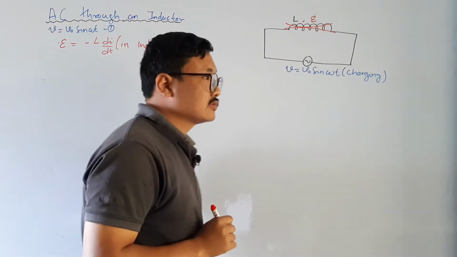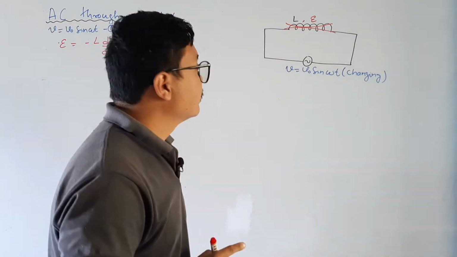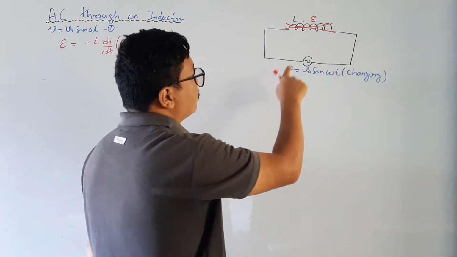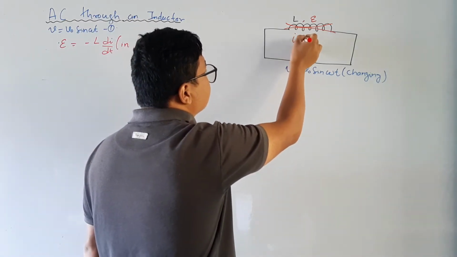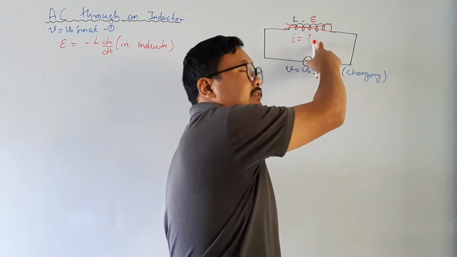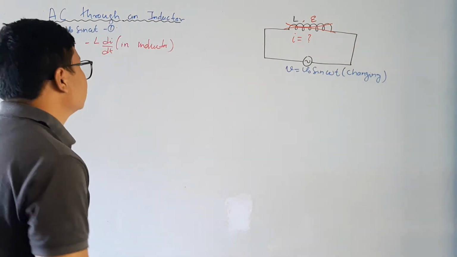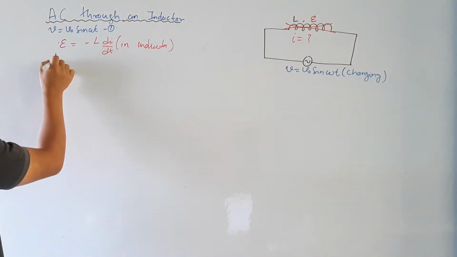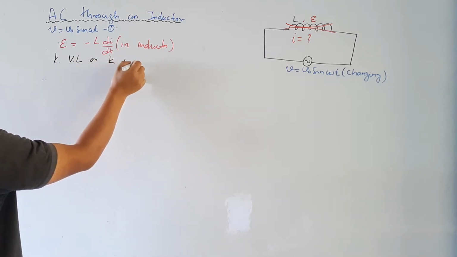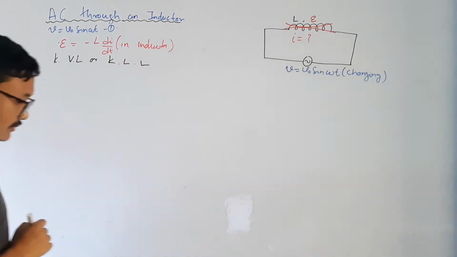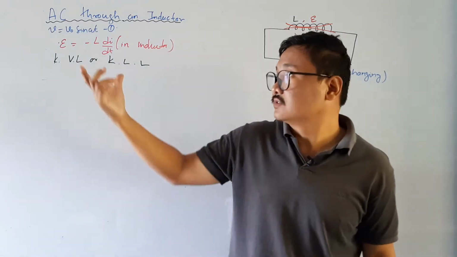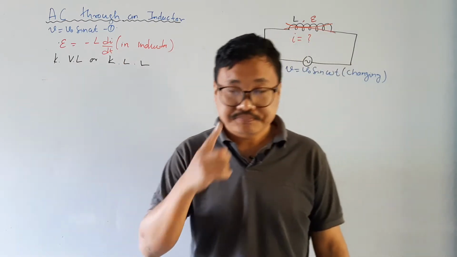So there are two ways to solve this. We are going to solve it with Kirchhoff's loop law or Kirchhoff's voltage law. So we are going to find now the current. How much will be the current? What will be the equation of current in this situation? To find it, we are going to use Kirchhoff's voltage law, or simply Kirchhoff's loop law. We have studied this in current electricity; this is actually the second Kirchhoff's law, the loop law.